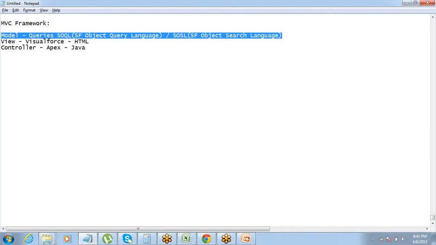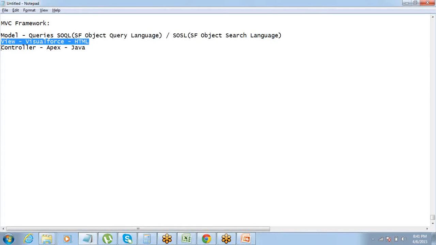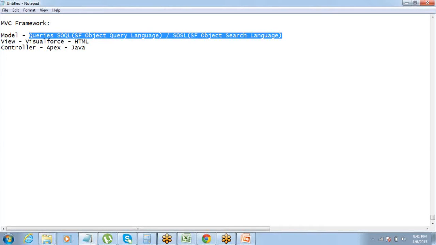Model view controller. So we have different programming languages for each layer of the MVC framework, right? We start our customization with Visualforce, because it's the simplest one and it's easy to understand. And after understanding Visualforce a little, we'll get into Apex, and then within Apex we will talk about SOQL and SOSL also. All right. So let's get started with the Visualforce thing. Just give me a minute.